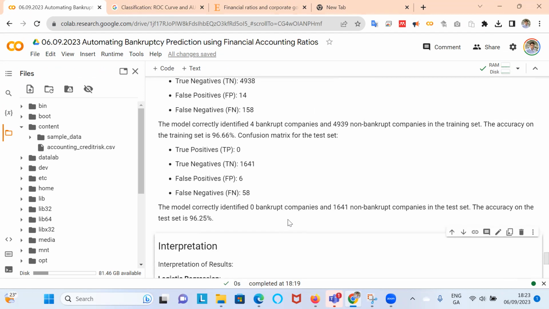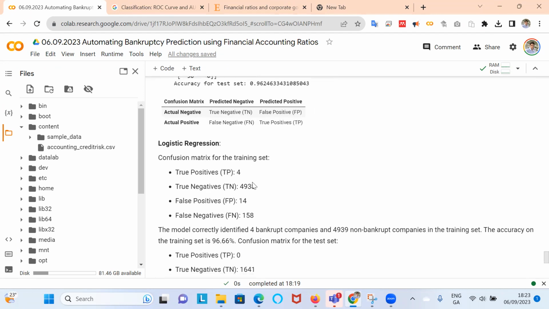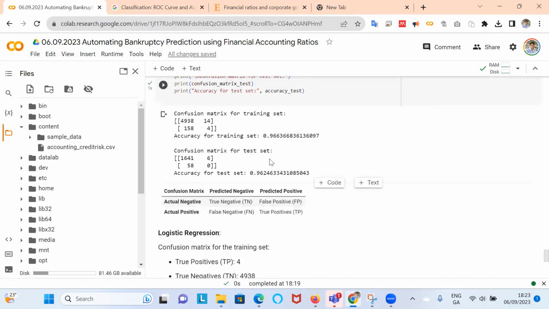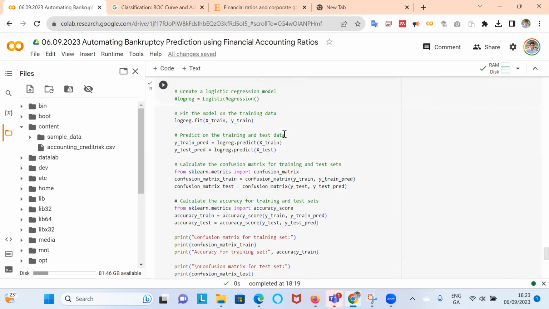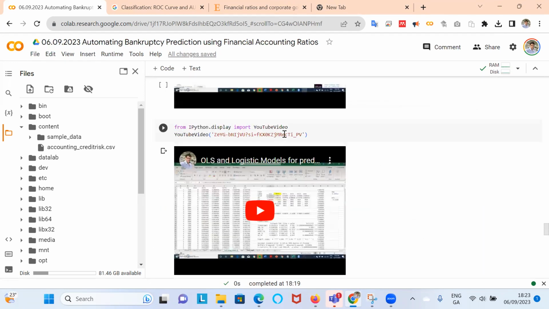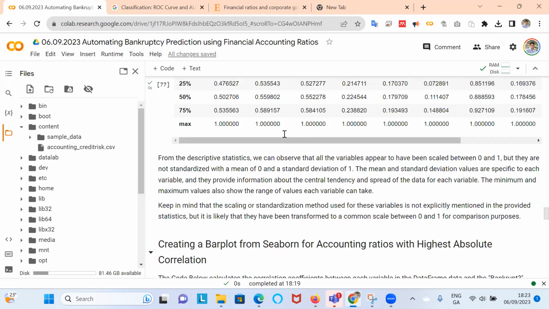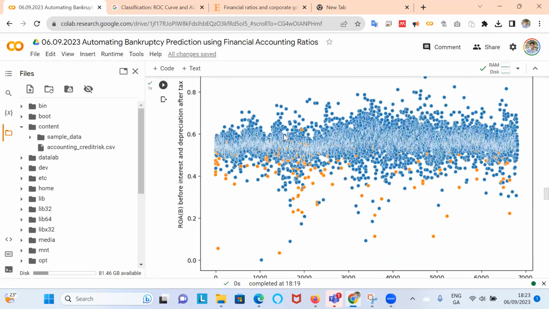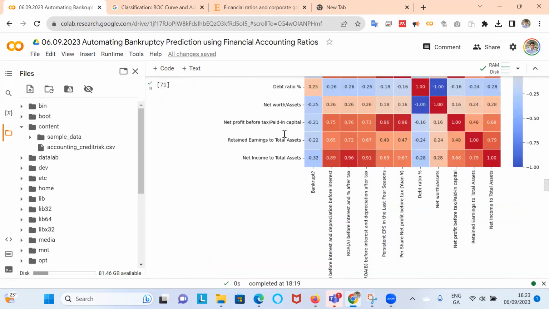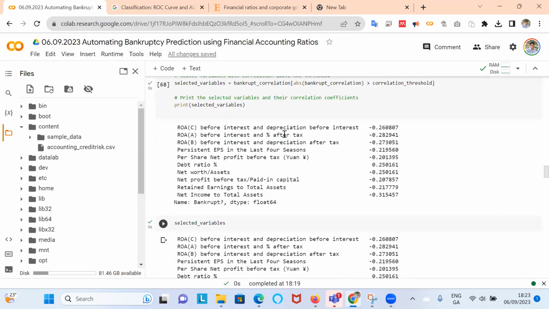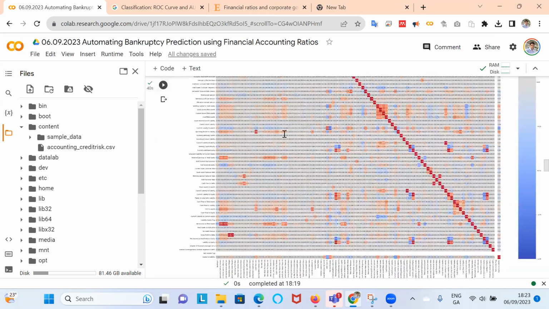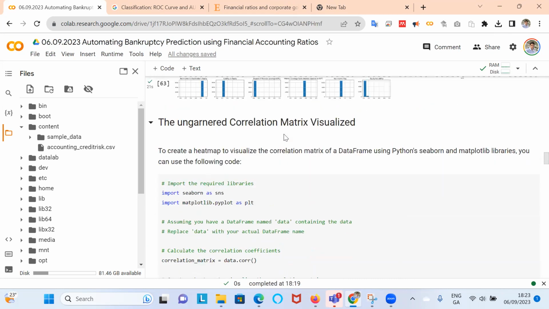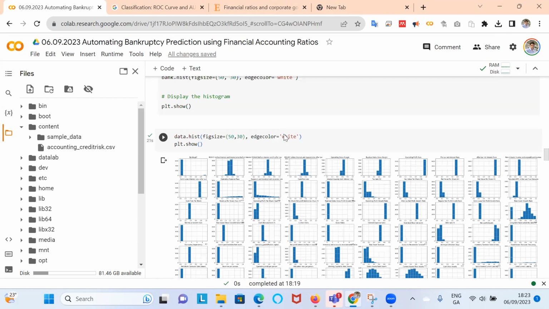Now, given that this model's overall accuracy is 96%, you say that's great, but if you took a naive strategy that just said everybody's going to be fine, no bankruptcy, you'd also have a similar level of accuracy. We said before when we performed that analysis, taking the ratio of bankrupt relative to overall, it was just 3%.